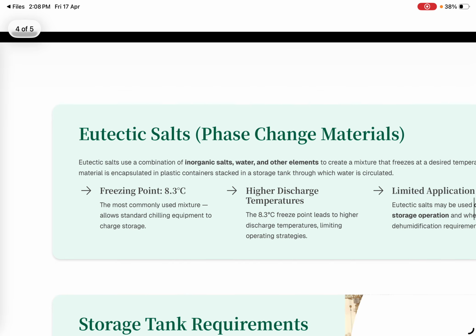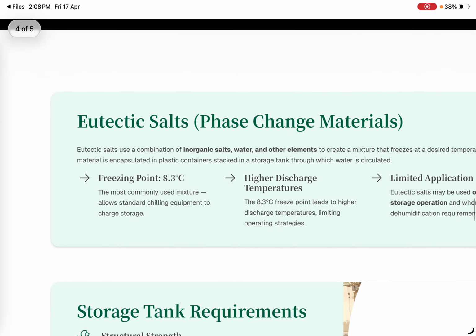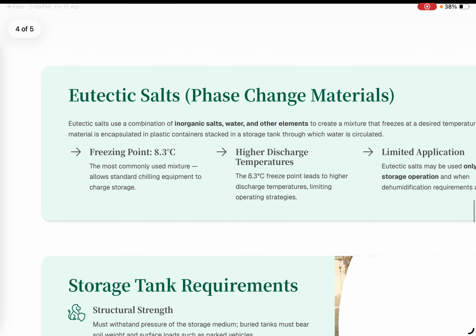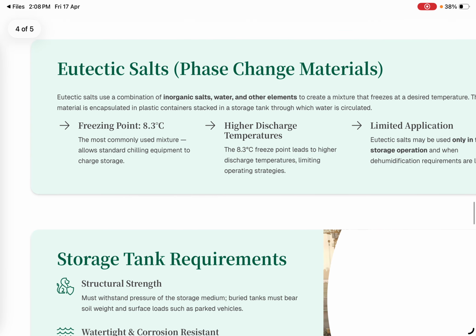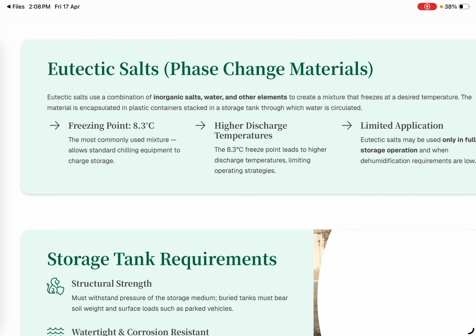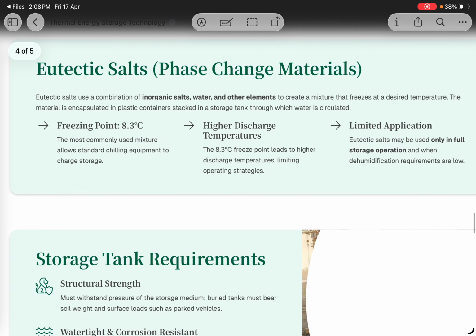We also mentioned phase change materials like eutectic salts. One such phase change material I am pointing out is inorganic salt, wherein the freezing point is lowered to 8.3 degrees centigrade, and it gives you a high discharge temperature. But the problem is, if the freezing point is 8.3, then eutectic salts may be used only in full storage